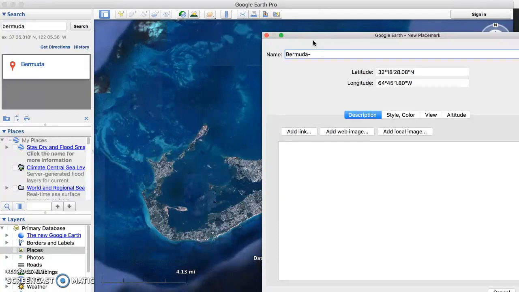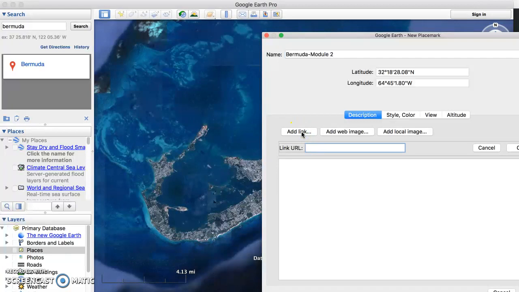Maybe you want to call it Module 2. You can do what you like there, so long as it's clear. And then you are just basically going to add your link to here, and the URL from your Screencast-O-Matic video is best done through YouTube. If you want to make a YouTube channel, that is a whole other exercise there. So let's just go